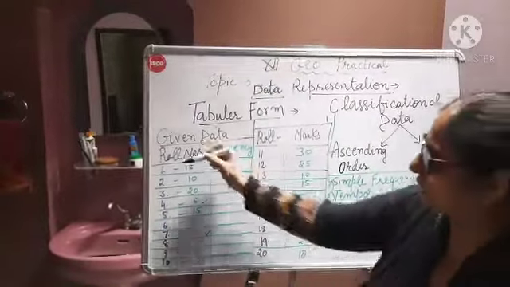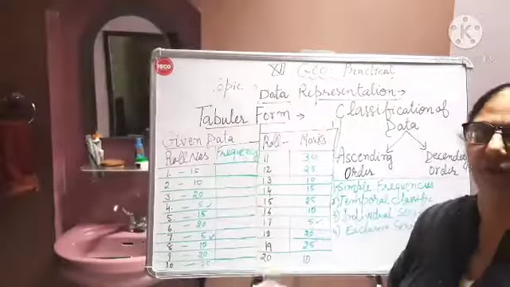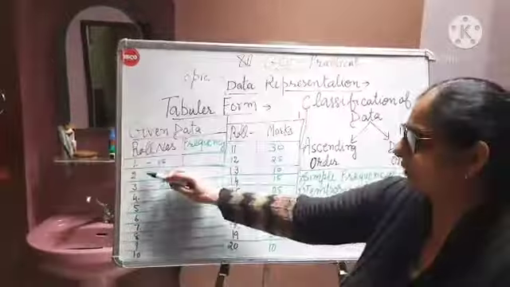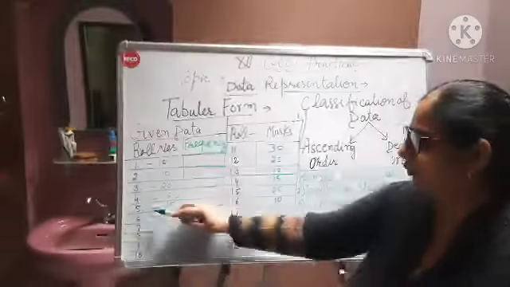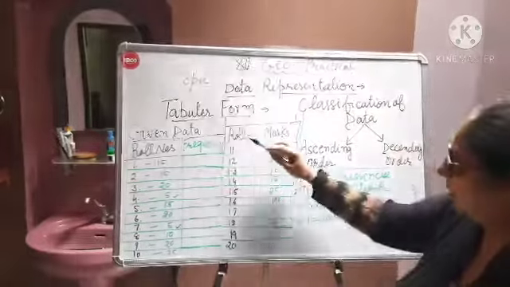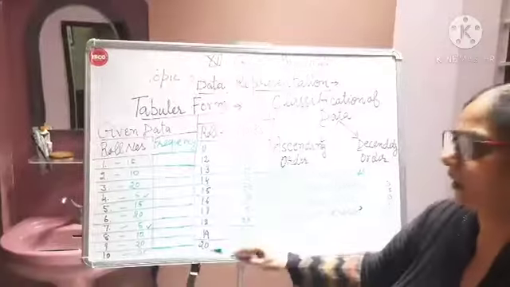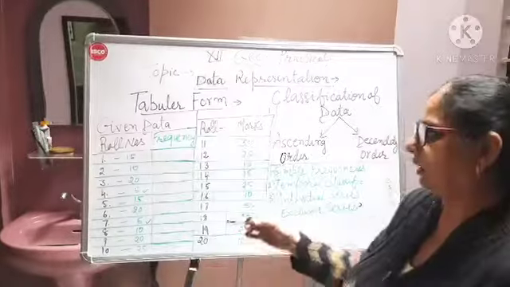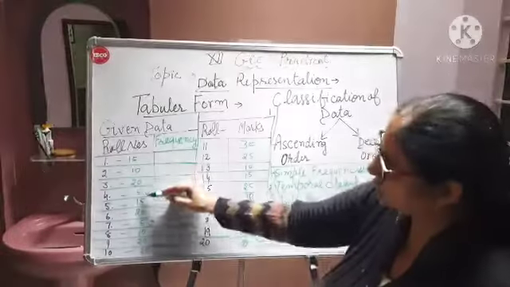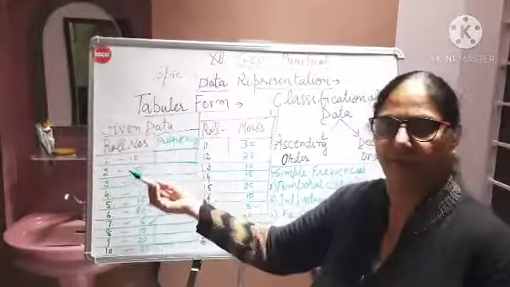Number 1, this one is roll numbers, roll number of the student of any class what is given. I have marked these roll numbers with black pen. 1, 2, 3, 4, 5, 6, 7, 8, 9, 10. Then 11, 12, 13, 14 till 20. There are 20 students in a class, suppose, or given data, and these are subjects of their particular subject. You may assume it is in geography, right?